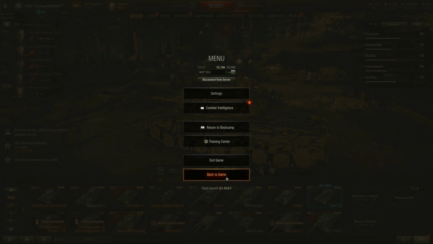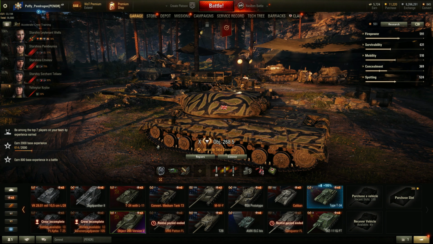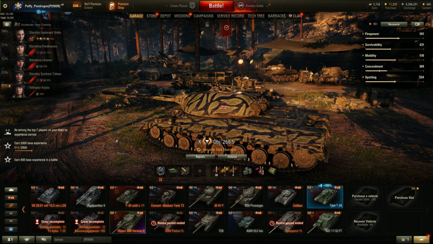Please remember that for Sixth Sense and Sound Activation to work in World of Tanks, your crew must be 100% trained for each of these